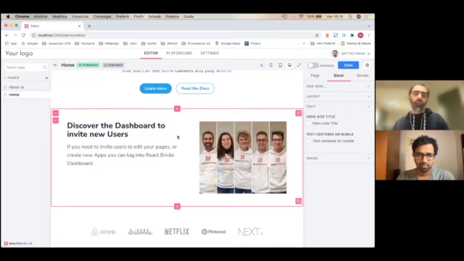So you don't have to wait the build time when you have many images on a Gatsby project, because the images are already optimized using React Bricks at upload time.